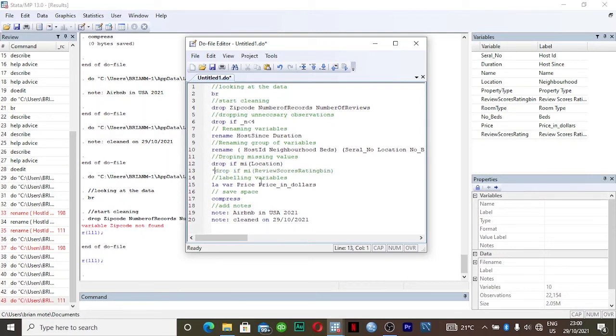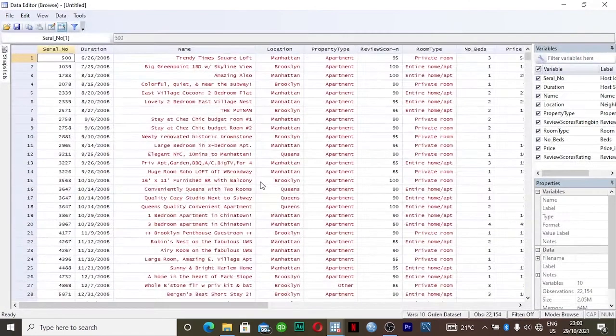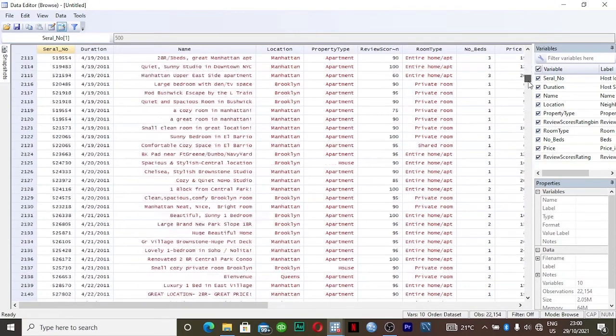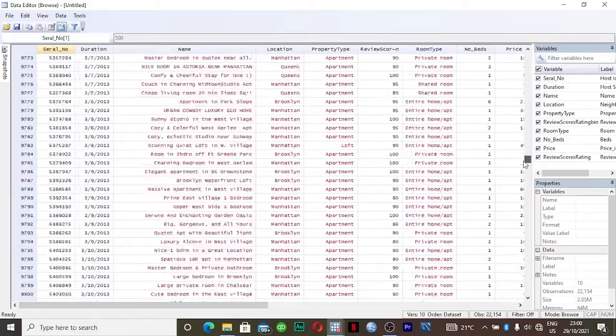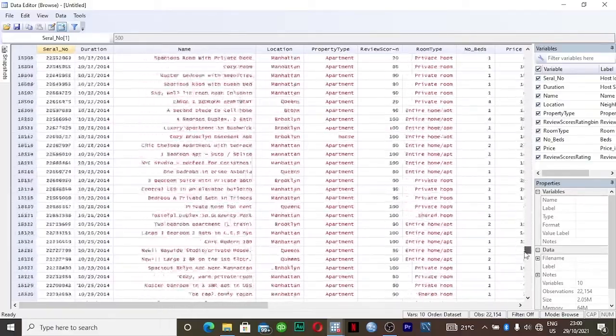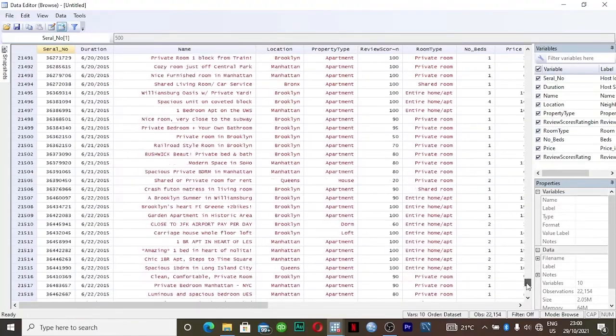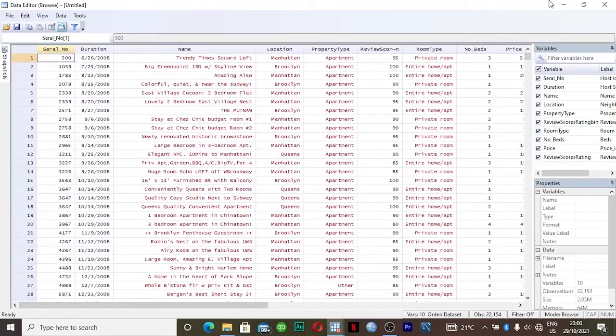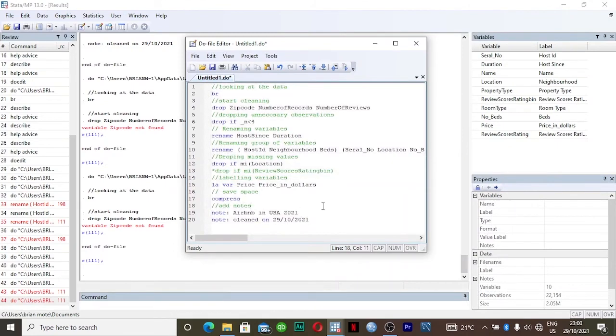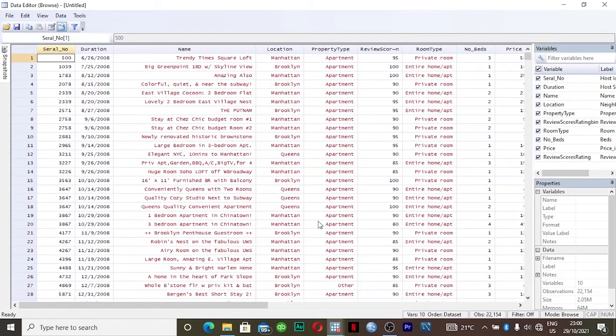So if I want to redo it, I can just add a star there, press Control A, Control D, and that's it. So it is easy to redo a step when your commands are in the do edit file. It is very easy to redo any mistake that you have made.